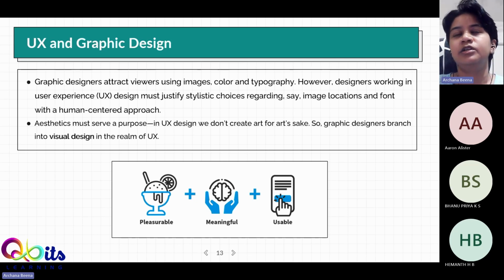We will go into certain depth about colors, we'll go into typography, iconography, what is layout, what is composition, what are the different principles of visual design, what are the elements of visual design. We'll also look into Gestalt principles, hierarchy, consistency, and finally, another thing to keep in mind would be accessibility,